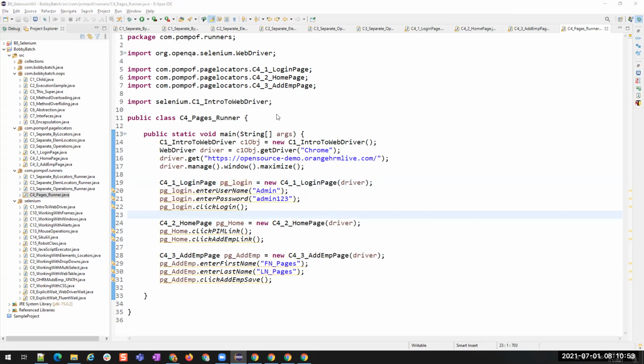whiteboard. You are able to see my whiteboard, right? Okay. So suppose I'm having multiple classes here, 1, 2. Now these are all page level classes, and then I have an executor class here.